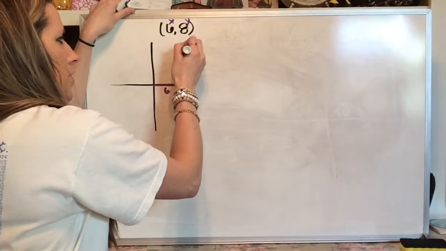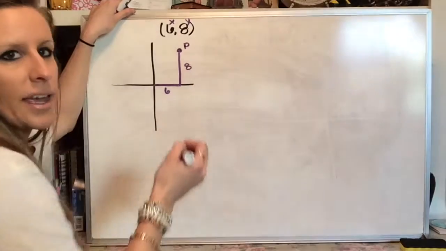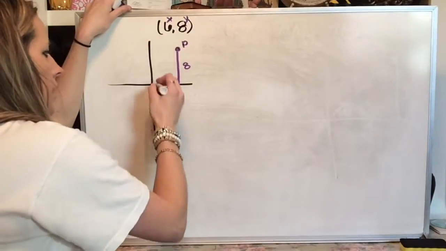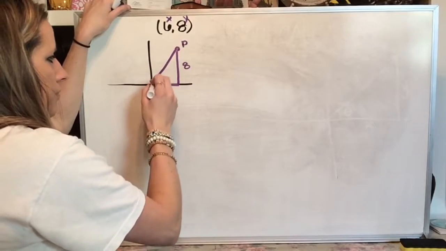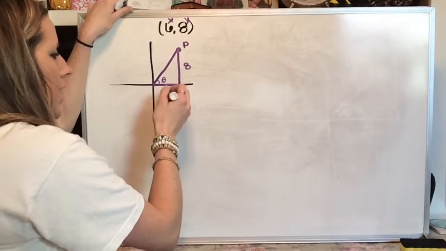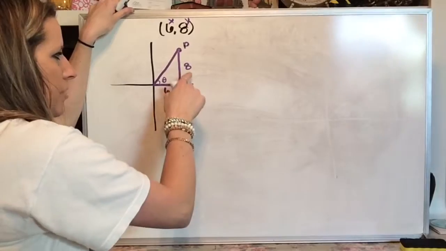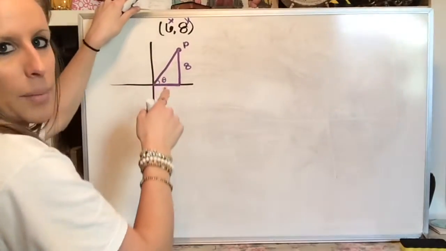And that'll get me to that point 6, 8. Okay. And then I can make a triangle from there, and I have my vector. So I have theta, I have my x, and I have my y. Now to figure out what my r is,